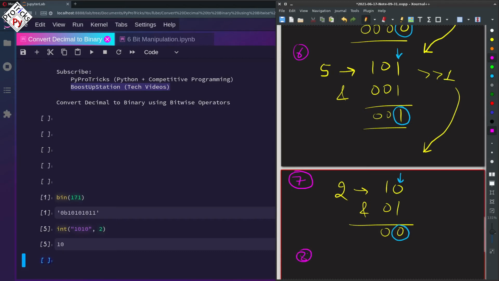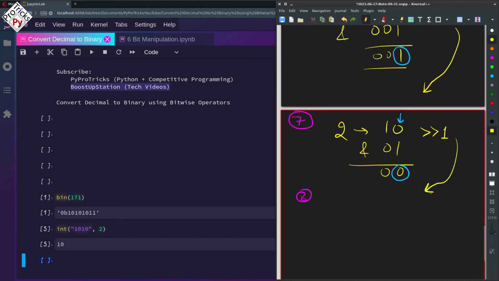Now we go for the 8th iteration, right shift the number by 1, and we get 1 because this 0 will be gone, which is equal to 1, and we are going to do an AND with 1 and we get a 1, which means we have a 1 at this position.